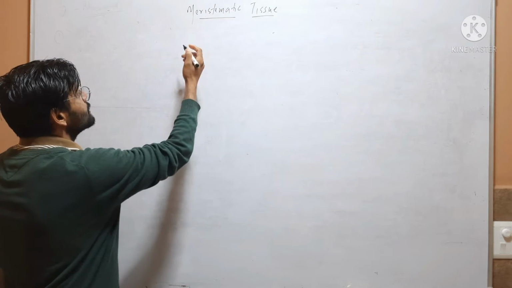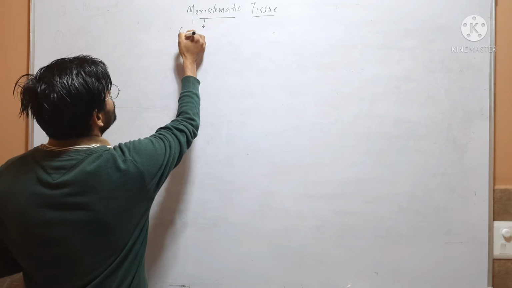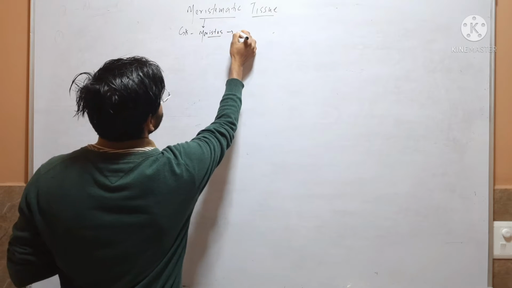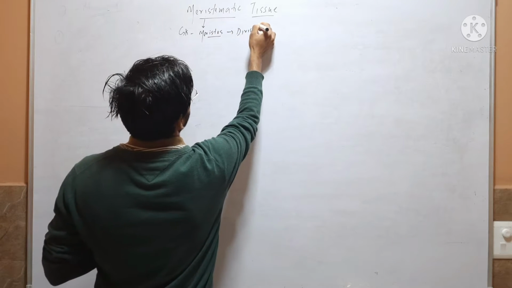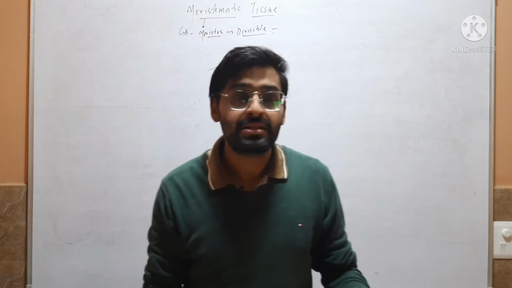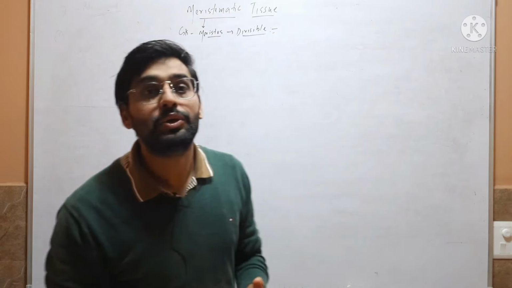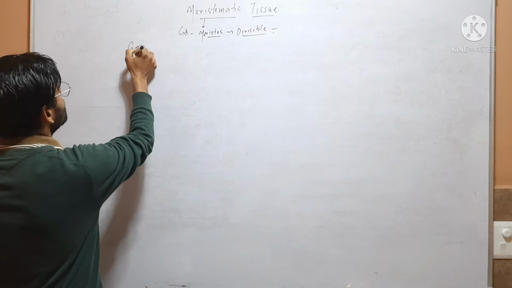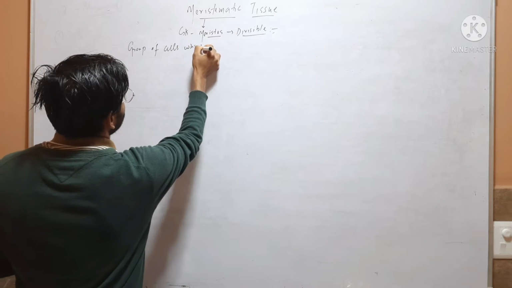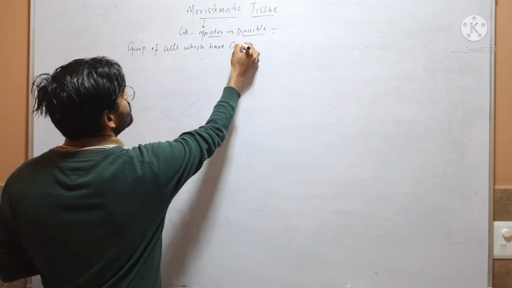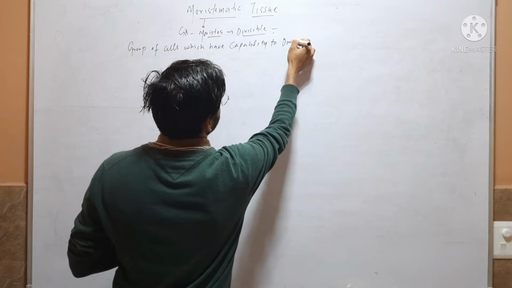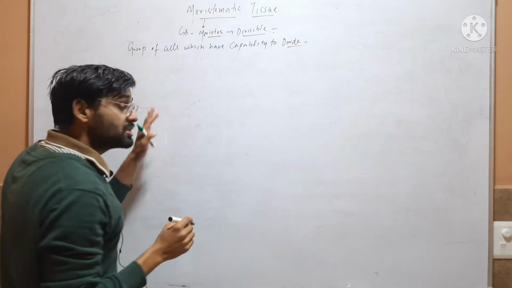The term meristematic is derived from the Greek word meristos, which means divisible, meaning a group of cells which have the capability to divide. A group of cells which have the capability to divide continuously. This tissue is called